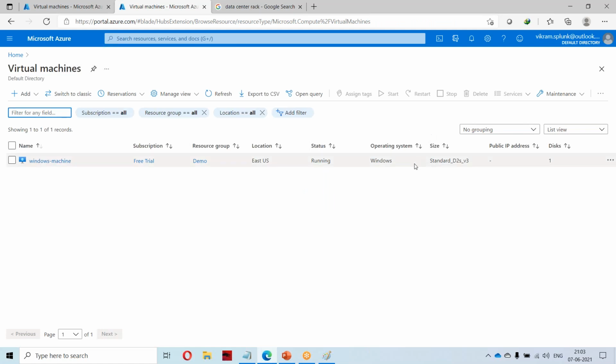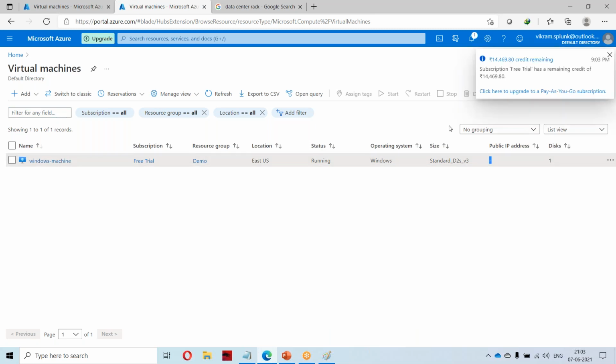If you see here, this public IP is gone, and you will be charged for this public IP. So if you want to use a static IP, you have to buy it and then use it. Even on-premise, companies buy some static IPs for some servers.